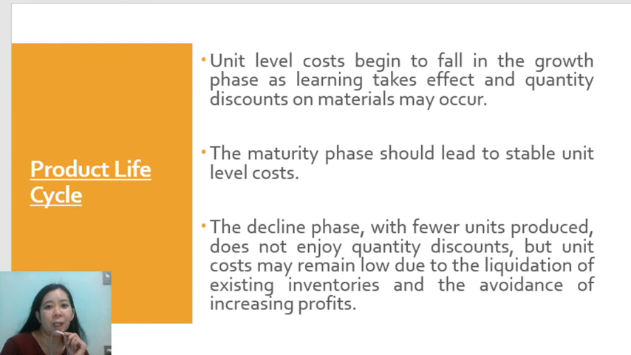Okay. For unit level cost, it begins to fall in the growth phase as learning takes effect and quantity discounts on materials may occur because we may now purchase more units. So the maturity phase should lead to stable unit level costs. In the decline phase, with fewer units produced, we do not enjoy quantity discounts, but unit cost may remain low due to the liquidation of our inventories and the avoidance of increasing profits. Okay, unit level begins,